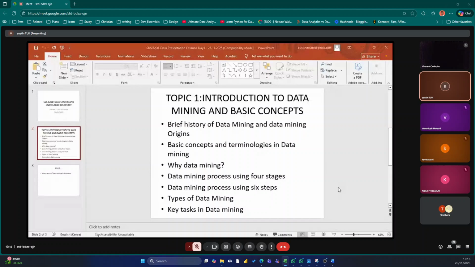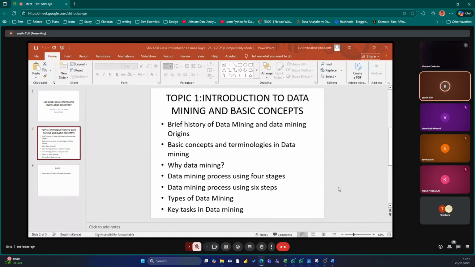They don't have a specific format. They're so unstructured that it needs a high level of technology to structure them when mining so that you get the right output.